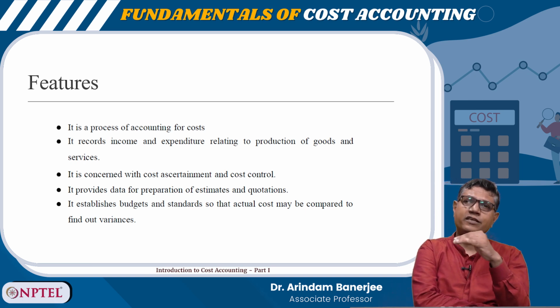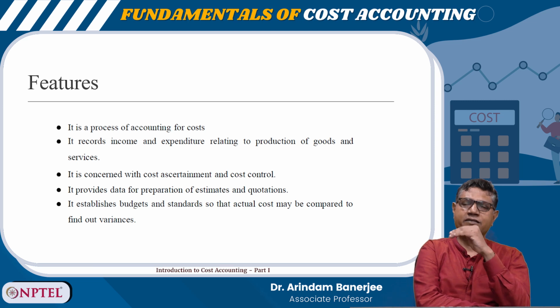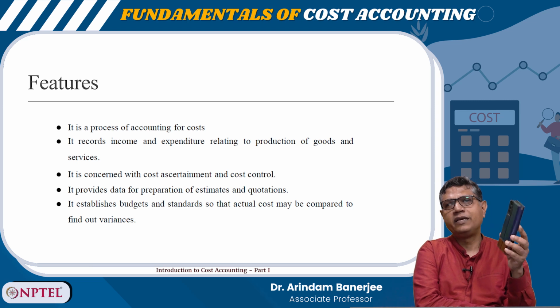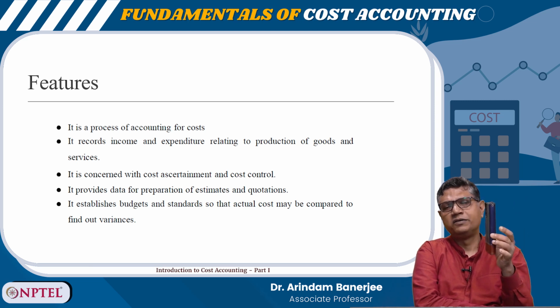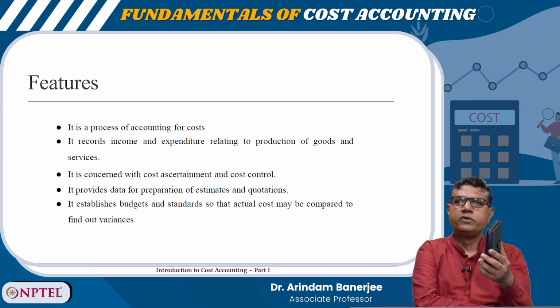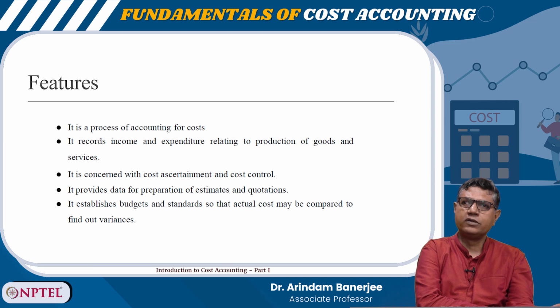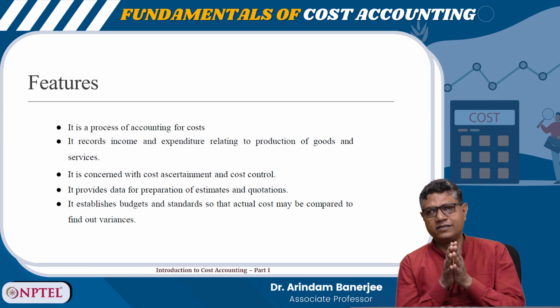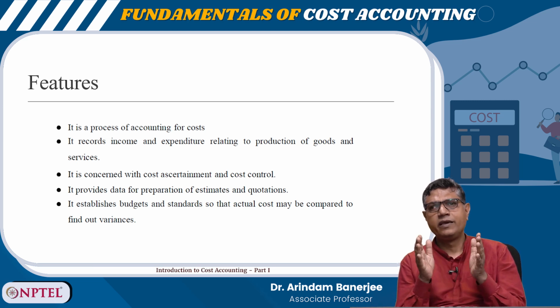Then, based on the historical data, it creates a standard. Say, for example, for manufacturing this mobile, the company estimated that the material cost should be say 2000 rupees. That is the ideal, that is the standard. When it is actually produced, the company can record the actual cost and compare it with the standard. Now, if there is a variance, which mostly happens, if the actual material cost and the standard material cost do not match,